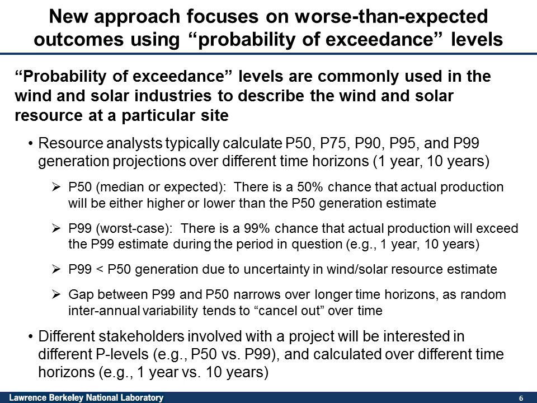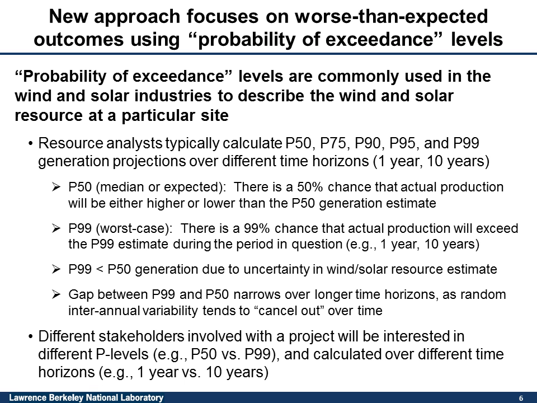The median annual energy production estimate is called the P50 estimate, which means that there is a 50% probability that actual energy production will exceed the P50 estimate. And of course, in this case, this also means that there's a 50% chance that actual energy production will fall below the P50 estimate. Resource analysts will also typically estimate annual energy production at a number of other common P levels besides P50, and these typically include P75, P90, P95, and P99, with P99 being pretty much the worst case estimate in the sense that there's a 99% chance that actual production will exceed the P99 estimate.